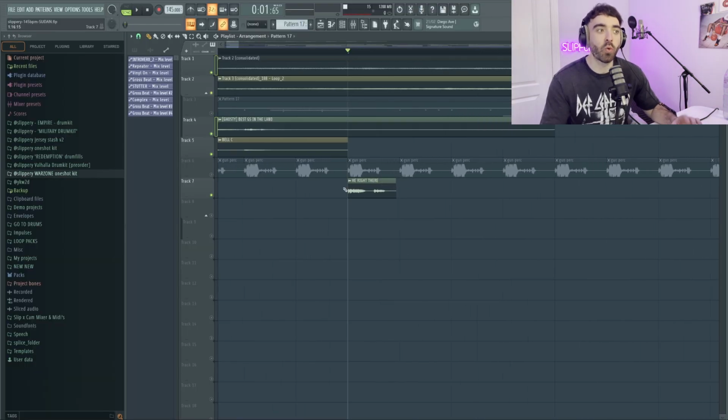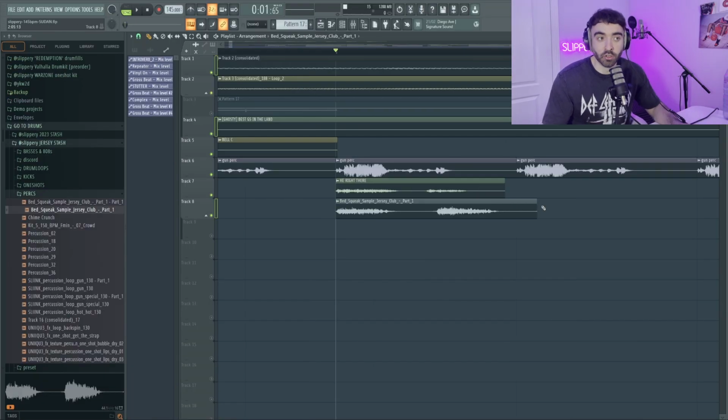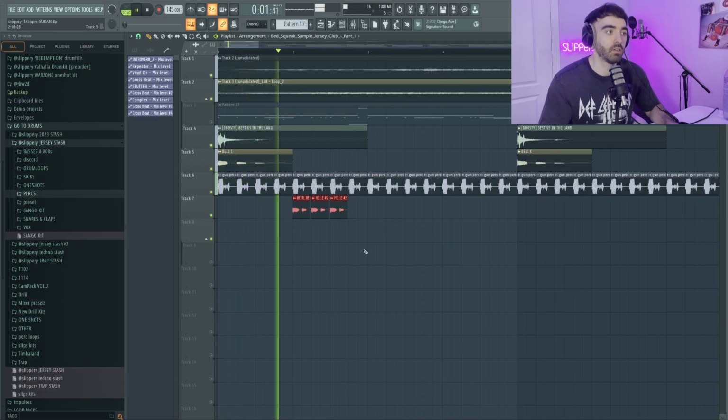And something that's actually quite noticeable with Jersey style bouncy drums, there's a lot of things that have this kind of sound wave that has a bounce in them where it's like 2 parts. Literally another example of that is the bed squeak. Might do something like...